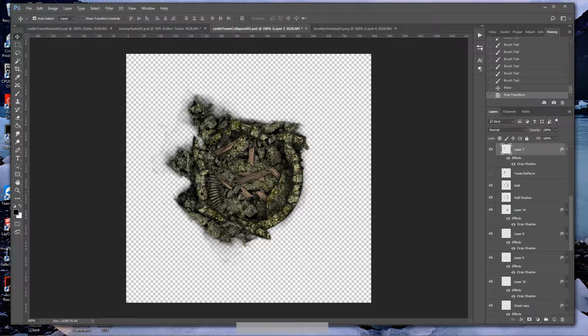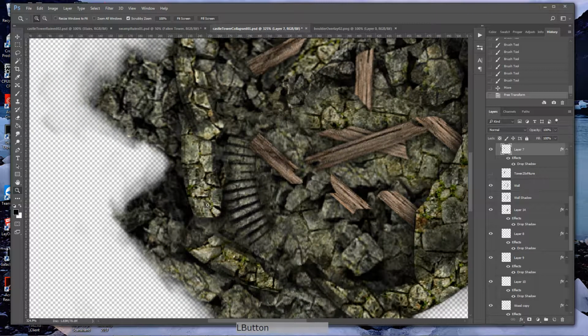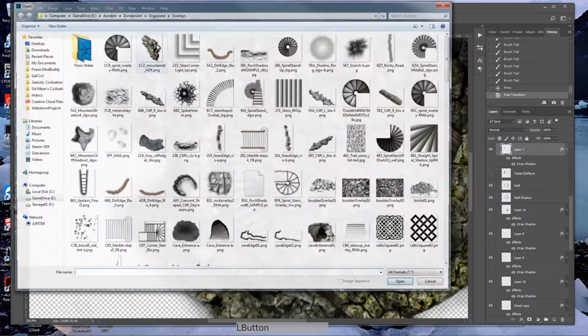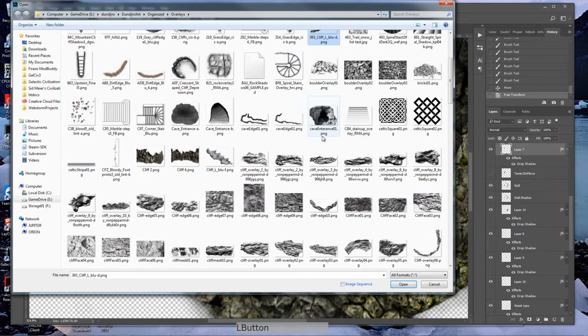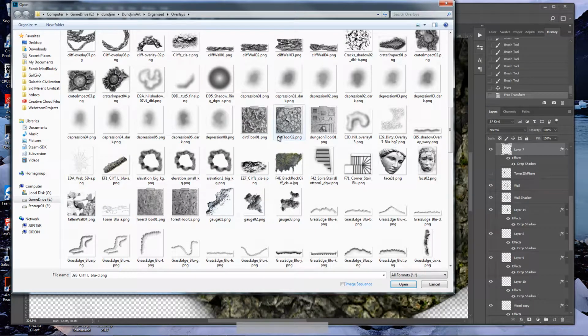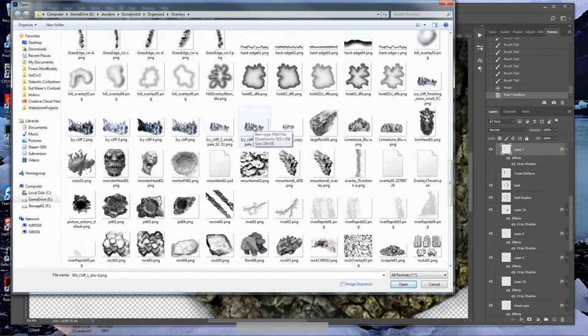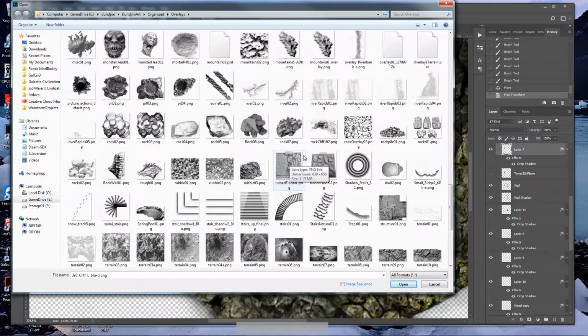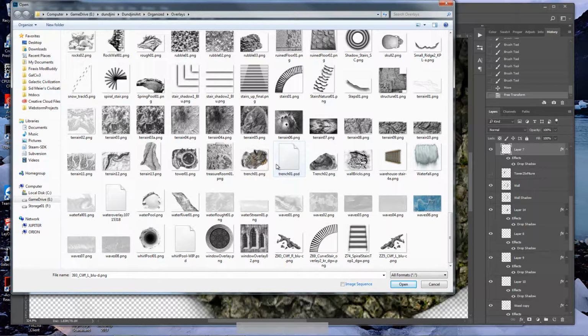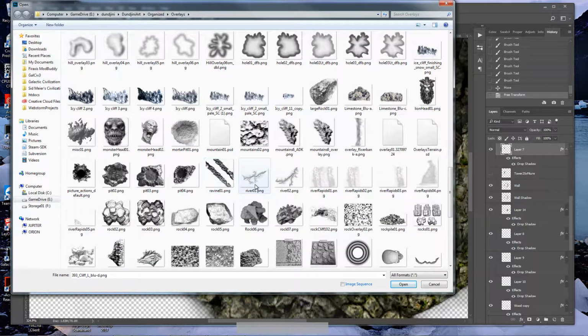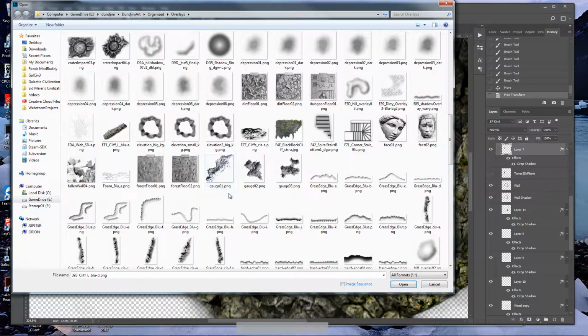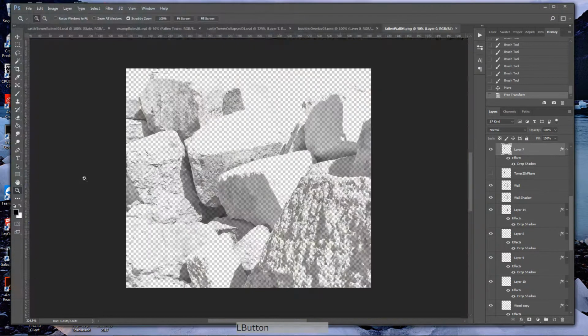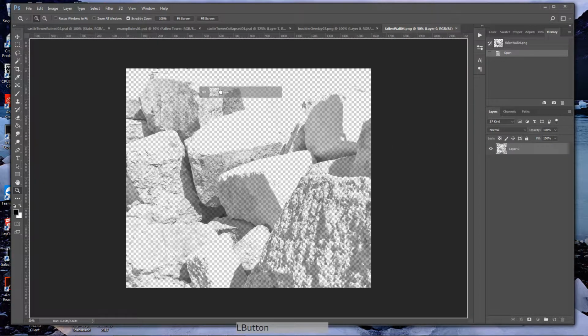Okay. Now again, so here I have this wall, this inner wall, but it doesn't look collapsed. It looks too fabricated. So again, I'm going to go to my shadow overlays, and I know I have one out here somewhere. It's basically a collapsed wall, and try and find it. As you can see, I've got lots of different overlays I've made throughout all this time. Here it is, fallen wall. Okay, so we're going to drag that over,